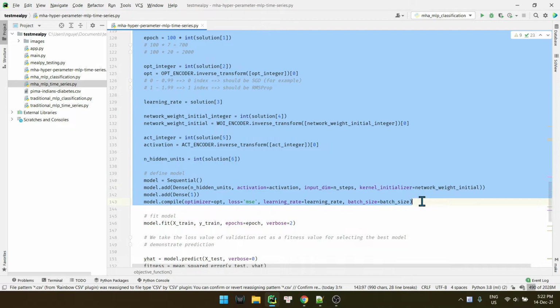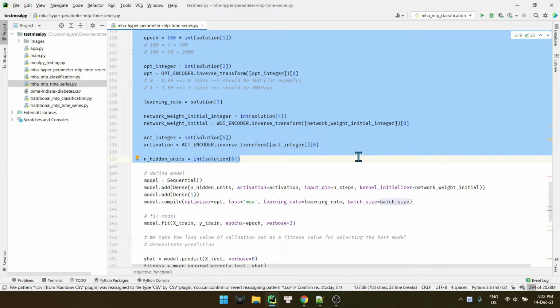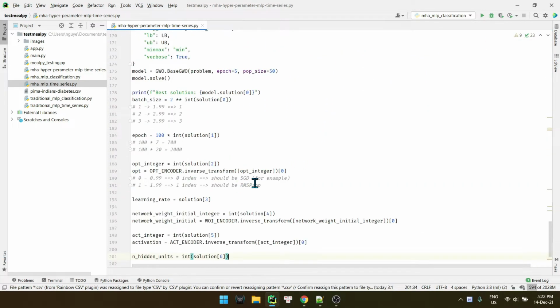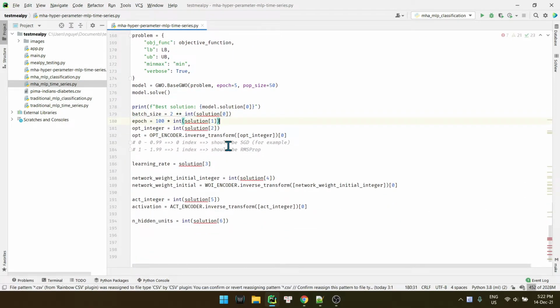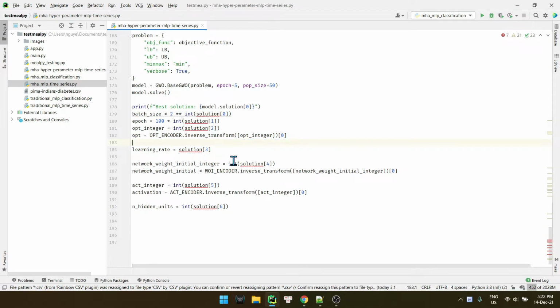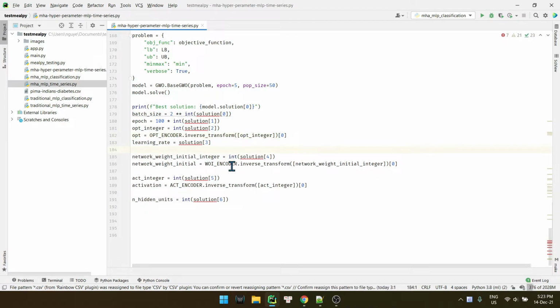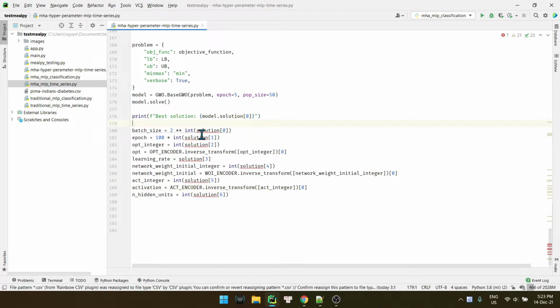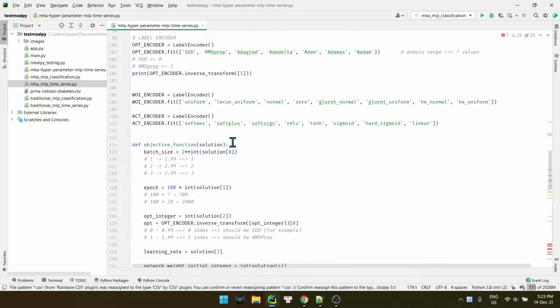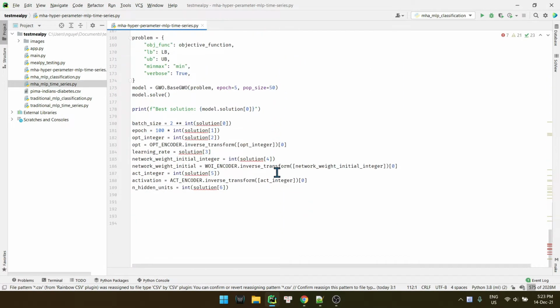Okay, let's copy this one more time. Copy it down here. So I think what you can do is you can write down a decode function.